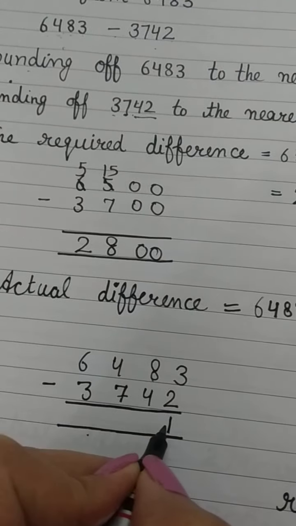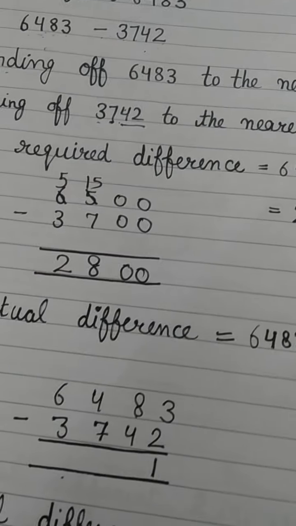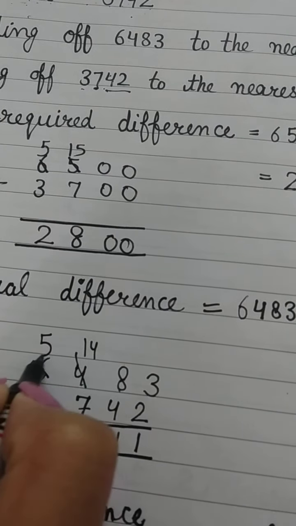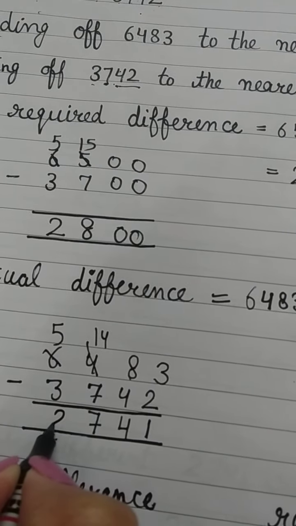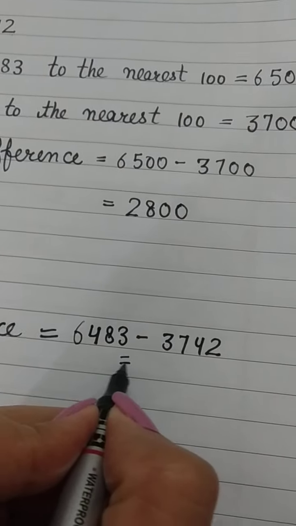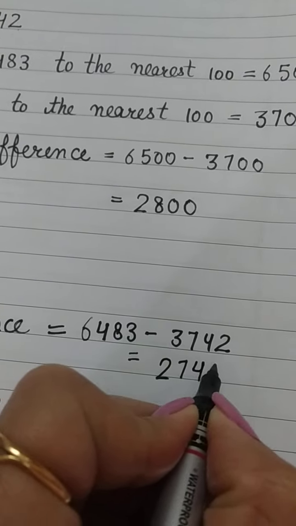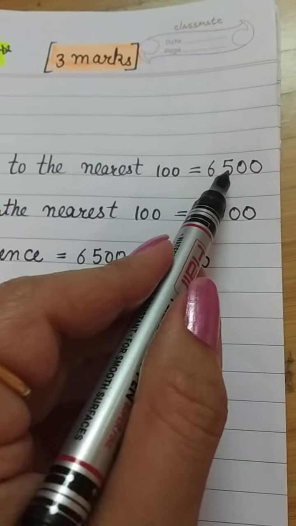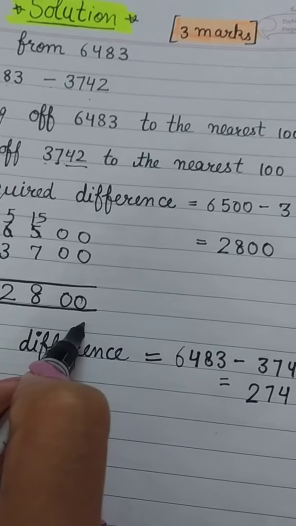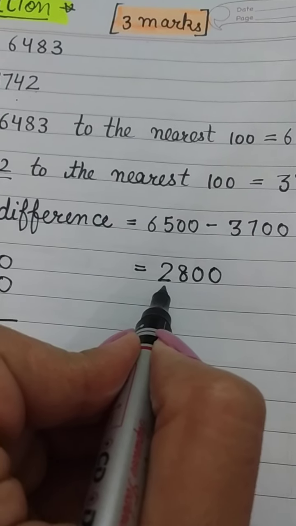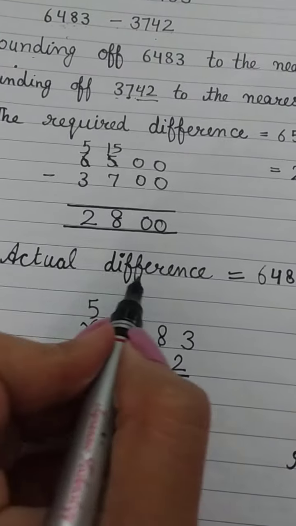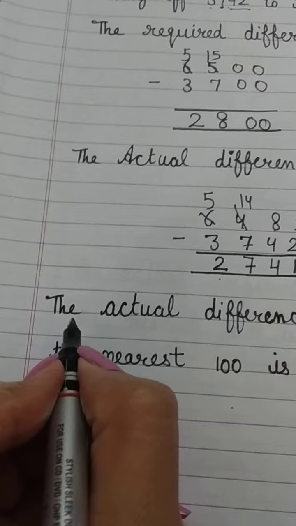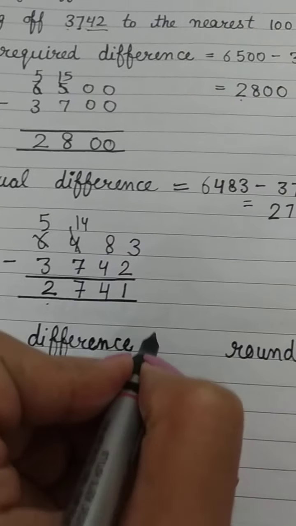So our answer will be 4, it will take borrow, 7 and 2, and our answer is 2,741. When we do the estimated difference, the answer is 2,800, and when we do the actual difference, the answer is 2,741. Now the last line we are supposed to write is that the actual difference is